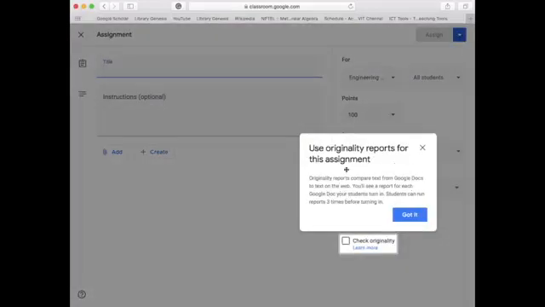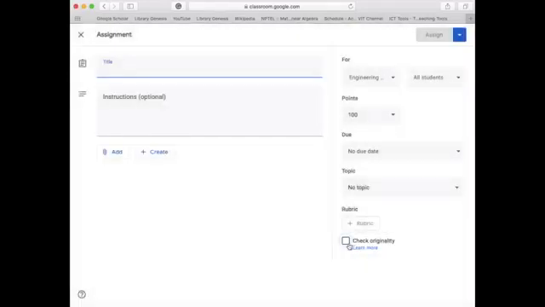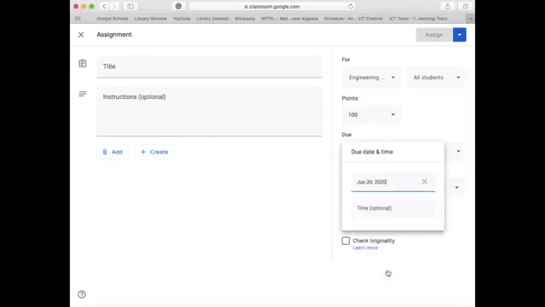So you have this originality report. The originality reports will be done from Google Docs, or you can use Turnitin or any other software that you really want to use. And now if you do this, you have to set the points. Suppose I am giving it for 50 points. Well, let us take it 100 so that it's easy to understand. And you can set a due date, maybe by tomorrow,